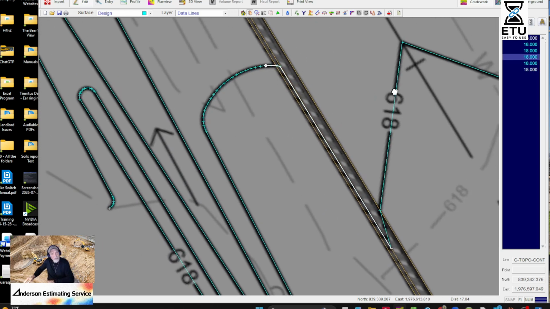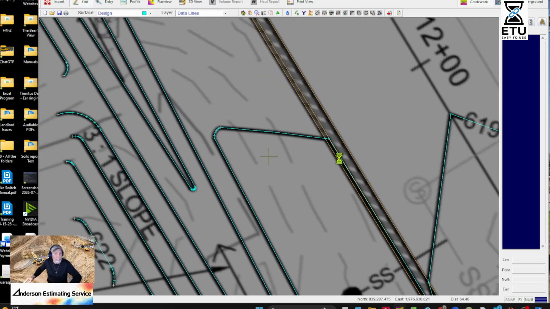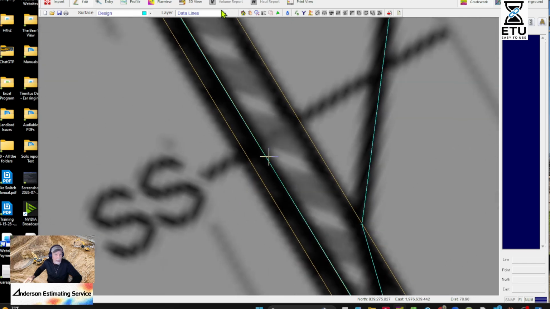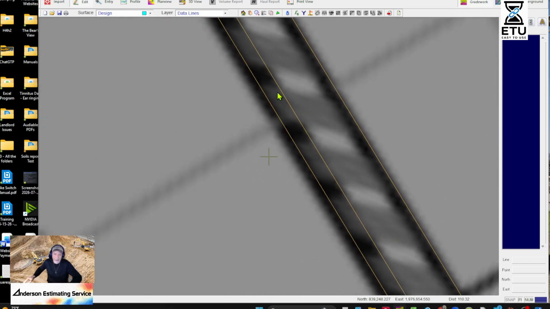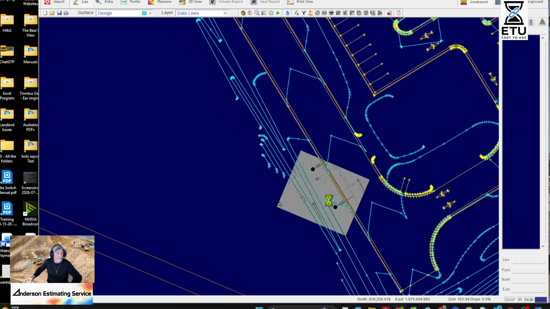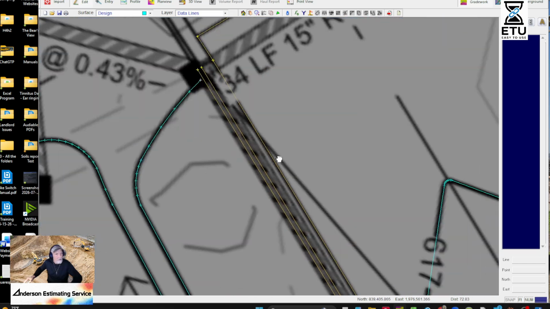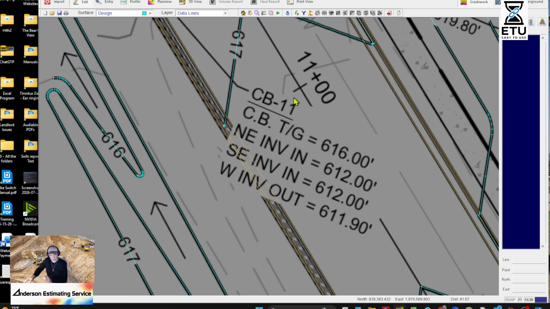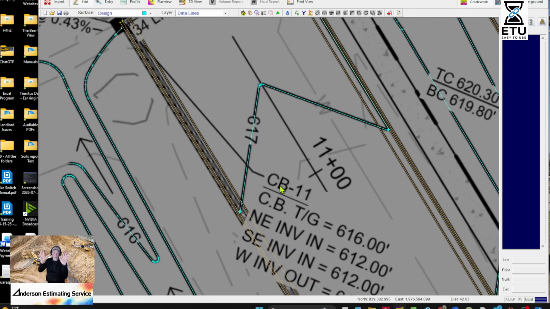But let's just go ahead and enter it. I'm just saying you should clean this up because sometimes these go on the other side of that curb face, and you don't want that. So let's go ahead and put a curb face in real fast. This catch basin, top of grate is 16. If you notice, I have two hands.